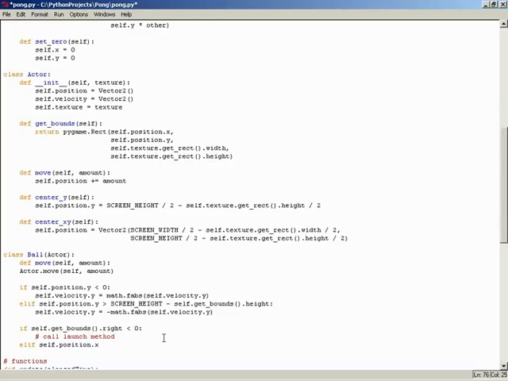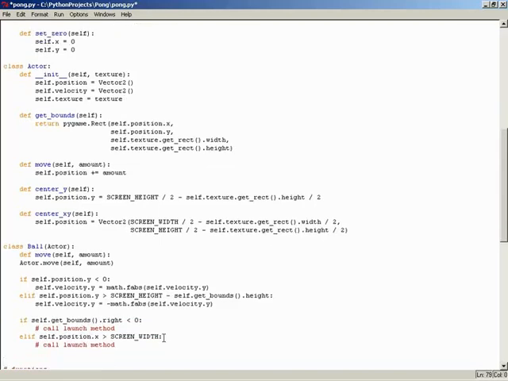So if self.position.x is greater than screen width, then we have gone off the right edge of the screen. And again, I'm simply going to jot this down as a comment to call the launch method. So that means now we need to address that launch method. So we'll define a function called launch,